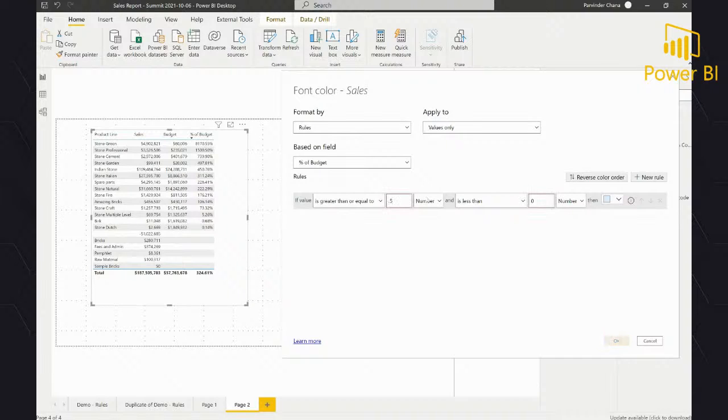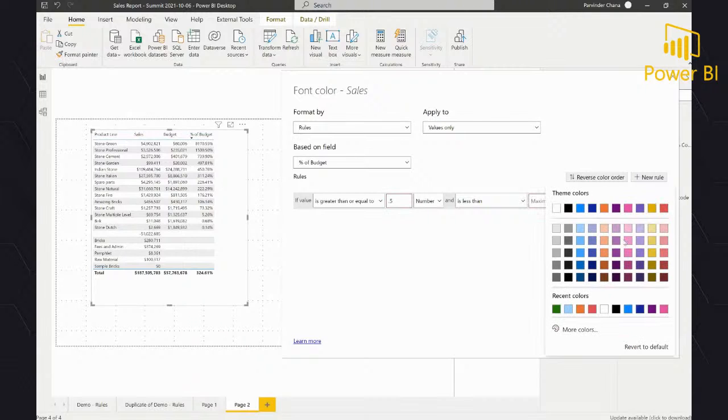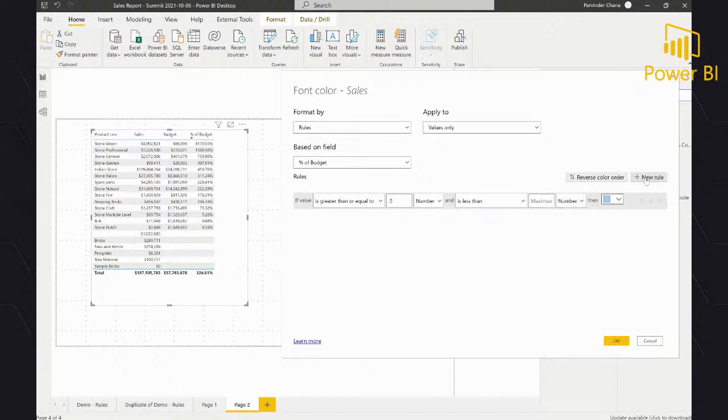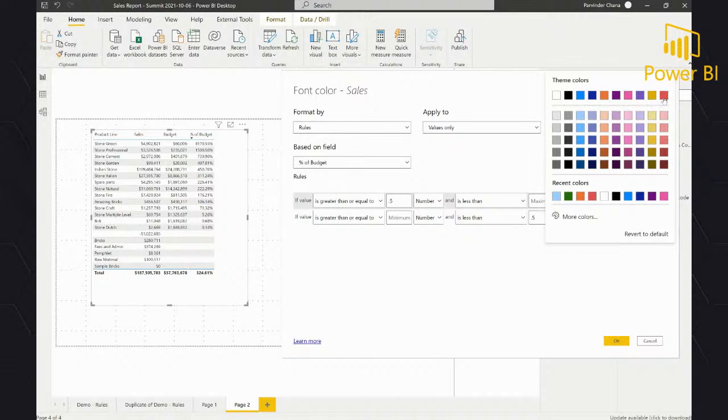So again, anything above 50, or less than, again I go, let's make it, it's good. And then we can add a new rule. And again, we don't know what the minimum value is going to be. What I'm going to do is go with less than or equal to, I remove this as the minimum value, and it's less than 0.5. So greater than 0.5, 50%, is this color, and anything less than that is, let's say, a red color.